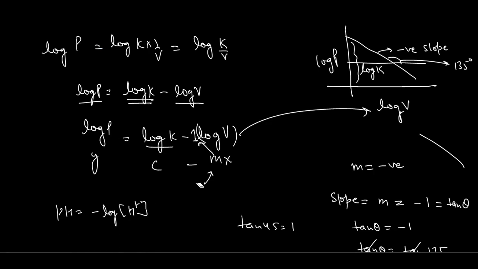Why do I teach you this? Because many times in NEET and JEE, this type of question is asked in the examinations. The graph of log P and log V, and this theta, the angle related to theta. Here the value of the slope m is fixed, that is -1. With -1 as the value, theta is going to be 135 degrees here. So many times it will be asked what the value of theta is.